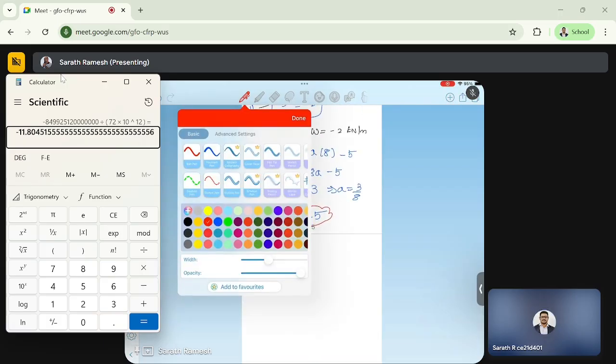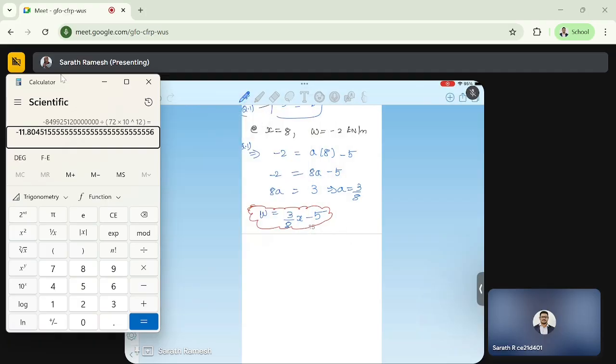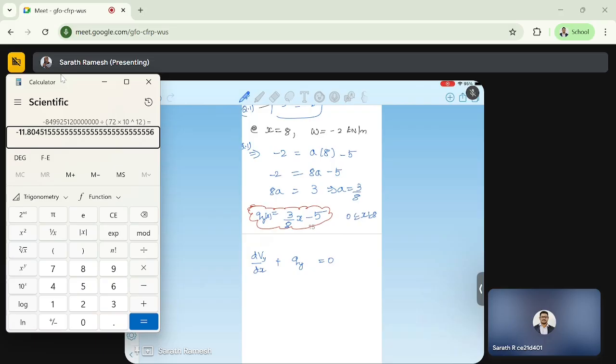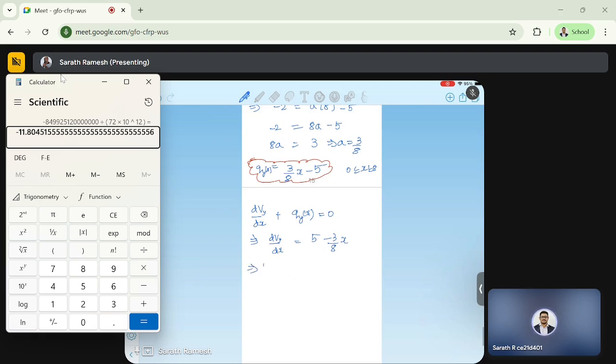So this implies, this qy is nothing but this W. Okay, this implies dVy by dx equals 5 minus 3 by 8 x. This implies Vy equal to 5x minus